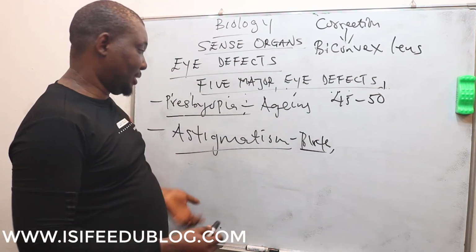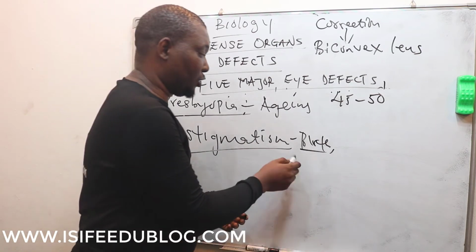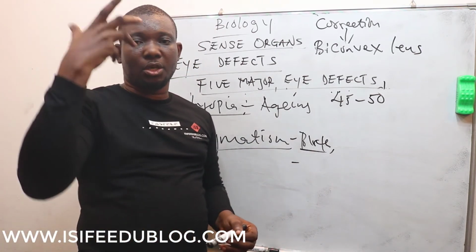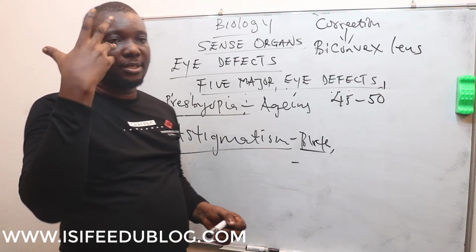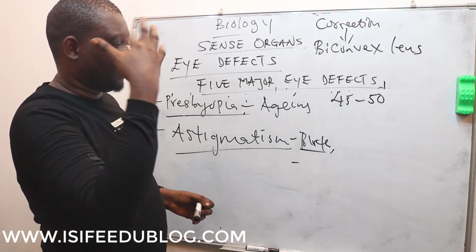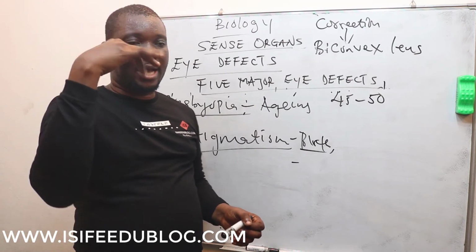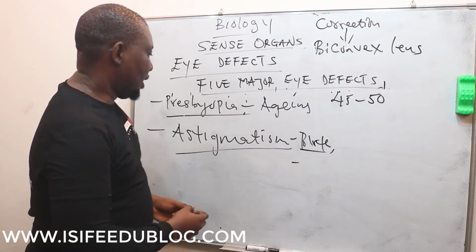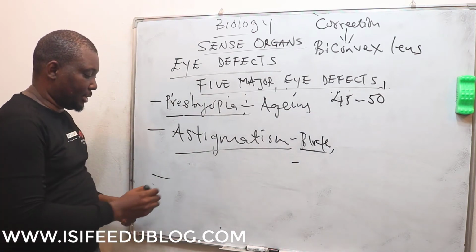It can present itself later in life. Someone can be astigmatic, and it can also present itself when there is an eye injury or surgery that affects the lens or some vital part of the eye, so that the light is not well focused on the retina. And then the last but not the least is